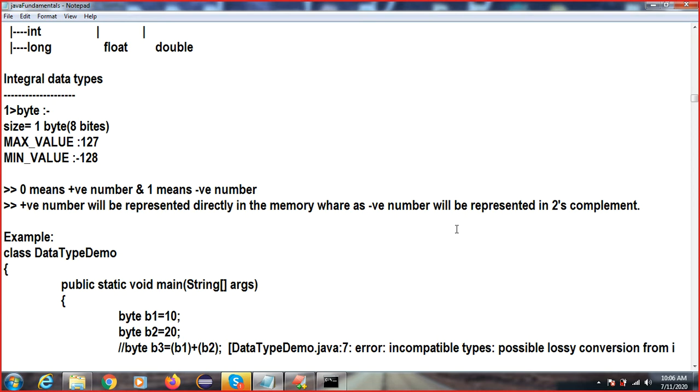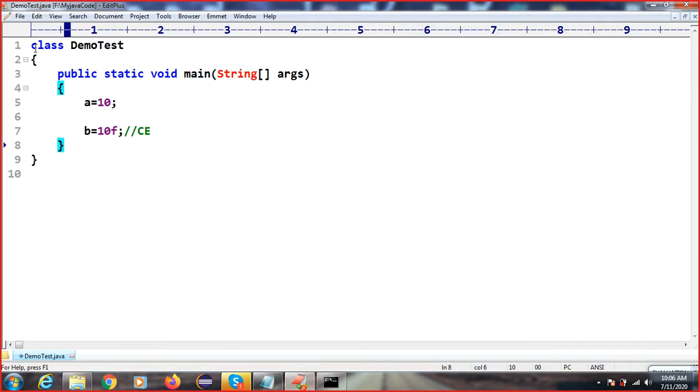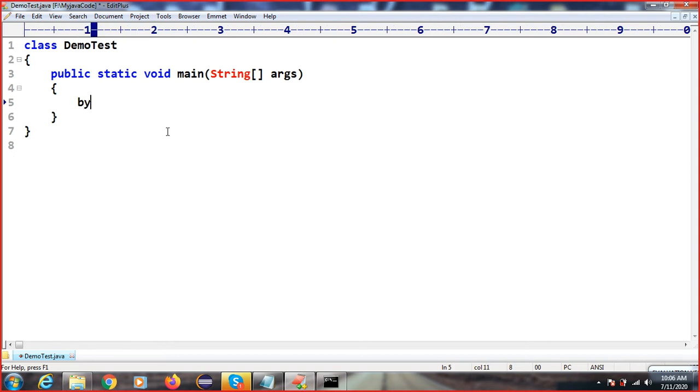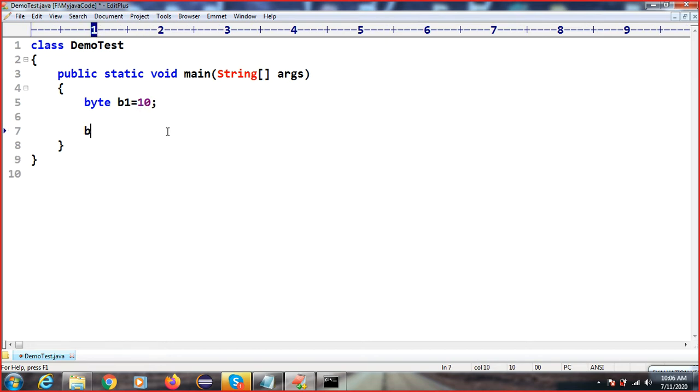Okay, so I'll give you an example for byte. Byte b1 equal to 10, and byte b2 equal to 20.